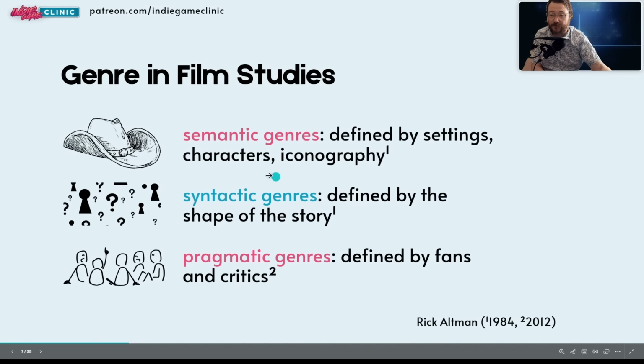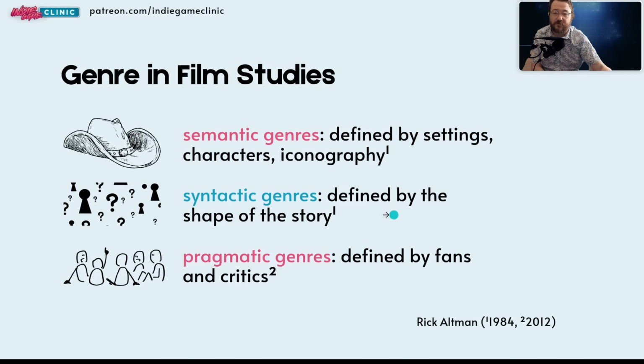And then in Altman's model, you've got syntactic genres, genres that are defined by the shape of the story, what's happening in the story and what the story is about. So something like a mystery would be an example of a syntactic genre because it is defined by its structure rather than its iconography. But eventually Altman gave in and introduced this third category called pragmatic genres, which basically means